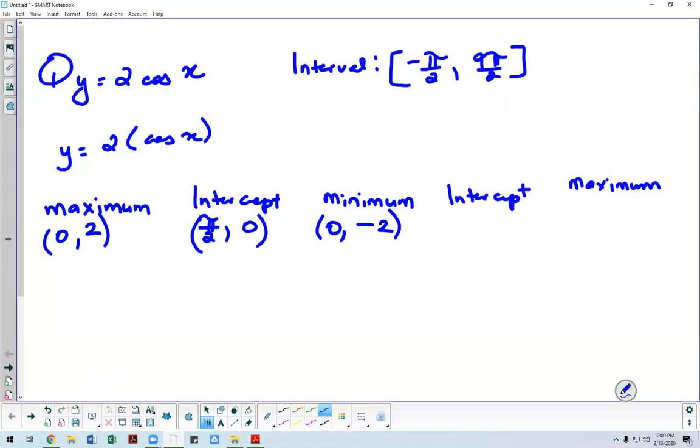Will our next intercept value change? 3 pi halves and 0? Because 0 times 2 will again be 0. So this intercept again is at the same place. And